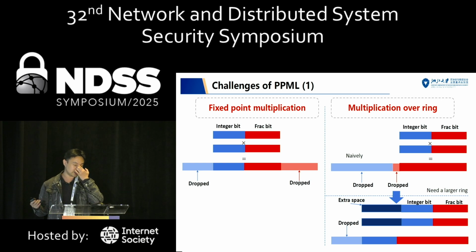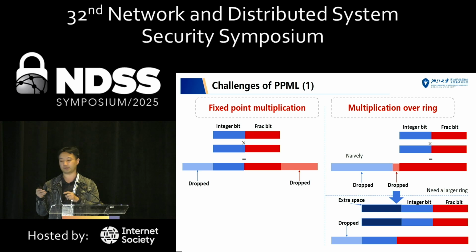In MPC, what we usually do is multiplication over rings. Why rings? Because rings align better with our computer architecture. For example, for a 32-bit ring, we use a 32-bit register, and for 64-bit, a 64-bit register. So the carryover, the modular